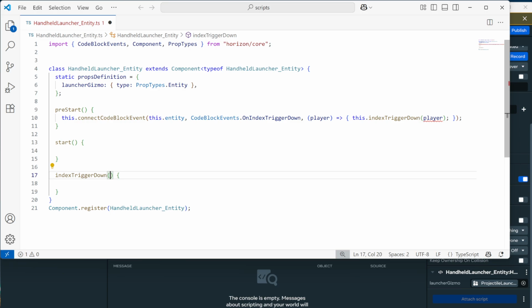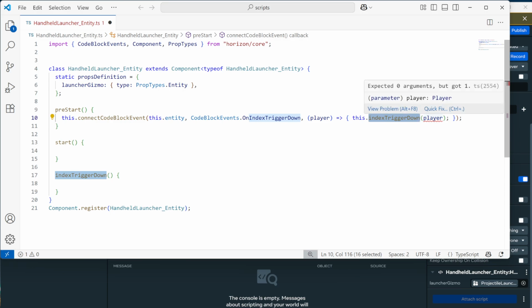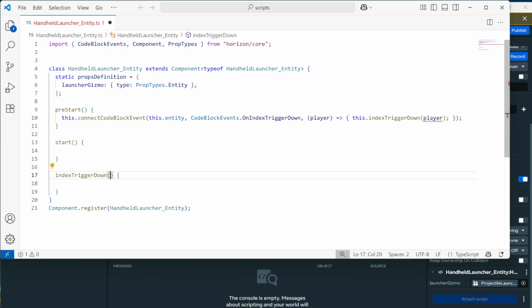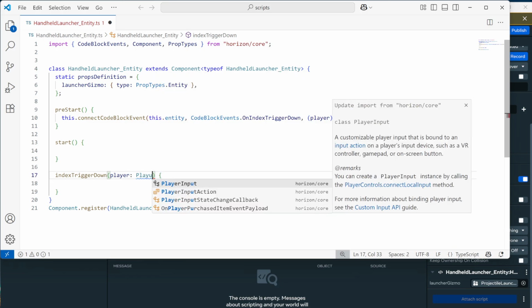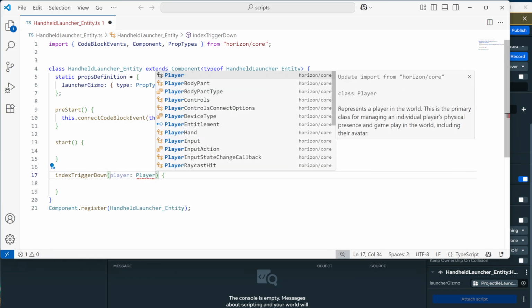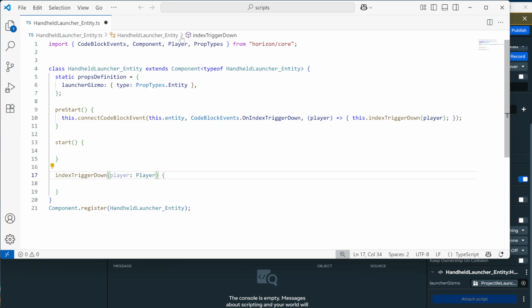So just quickly recapping, we've connected the code block event from our self, the grabbable, using the index trigger down event, which receives a player parameter, and we are calling our local method index trigger down and passing the player parameter, which we need to add to the parameter section here. So player : Player, noting the second one is capitalized, making sure you click enter as you're typing so that it gets auto added to the import line at the top. And now under index trigger down, we can type